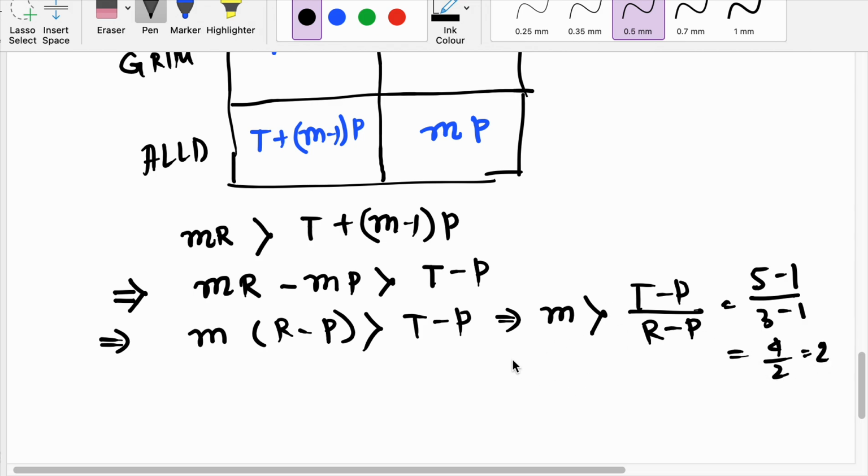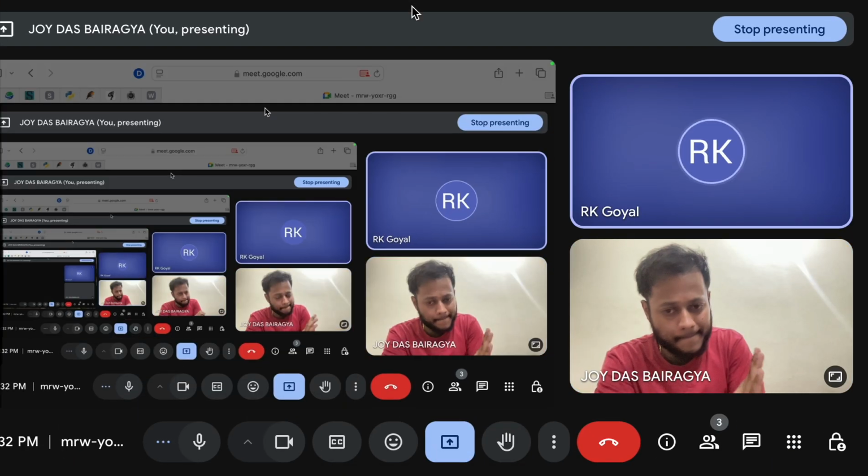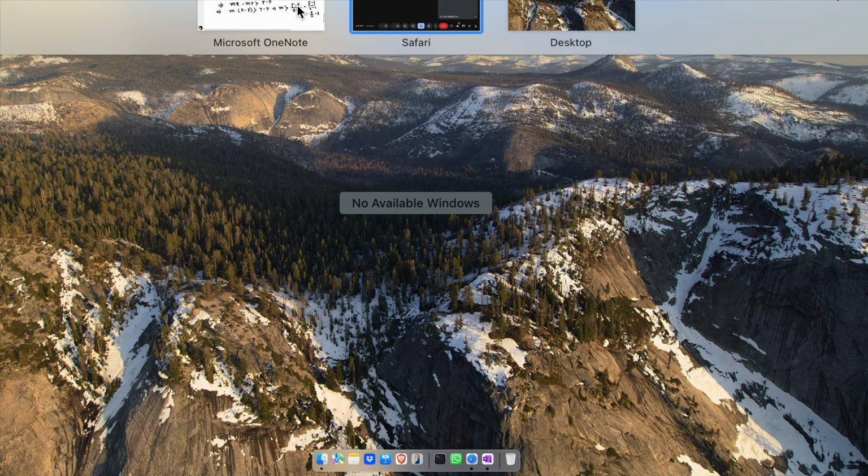So it shows that if Grim plays against Aldi, and the number of rounds they are playing is greater than 2, that means if you play for 3 rounds, then Grim can be a possible solution of the society. Is it clear up to now? Yes, it's clear, but